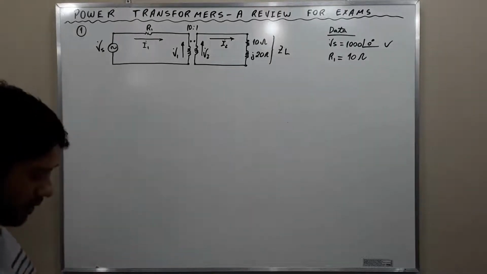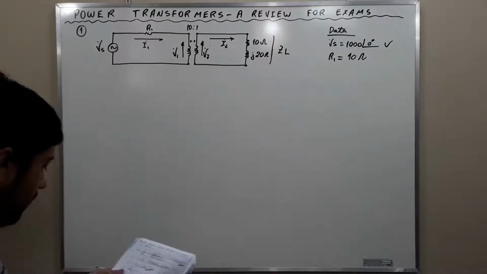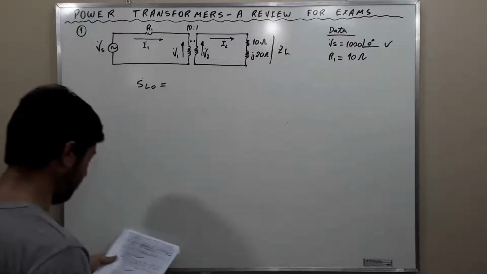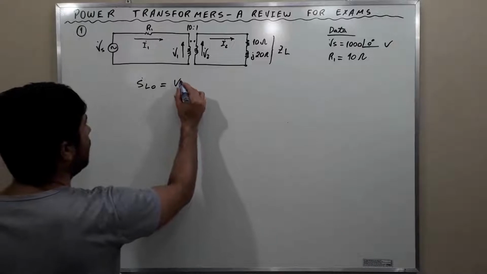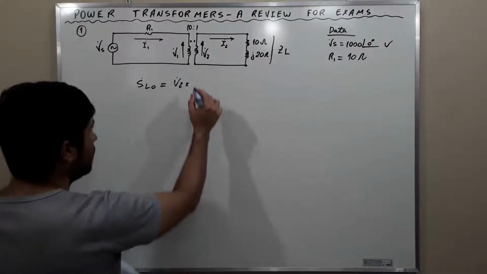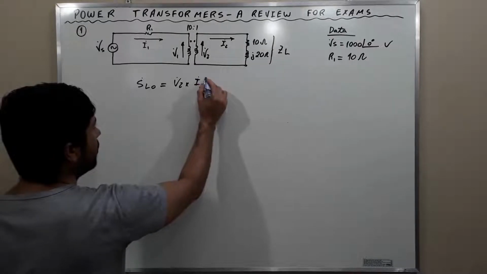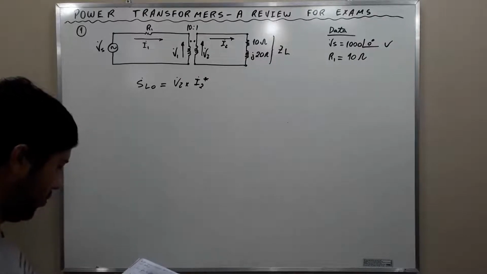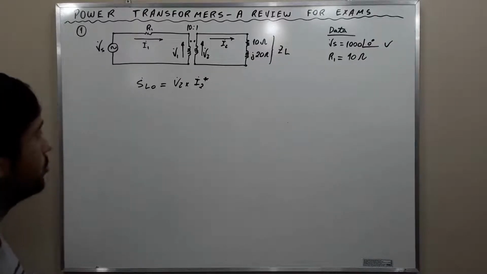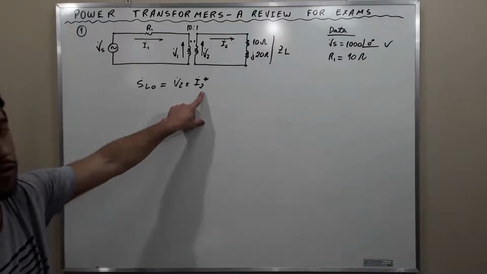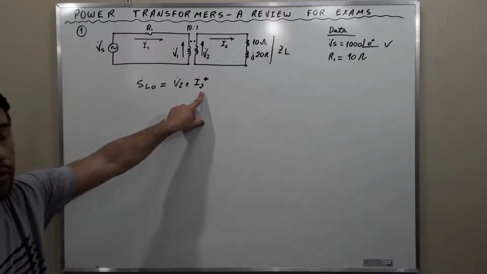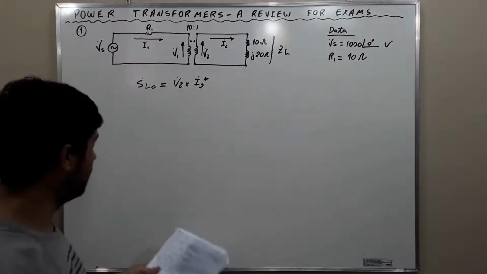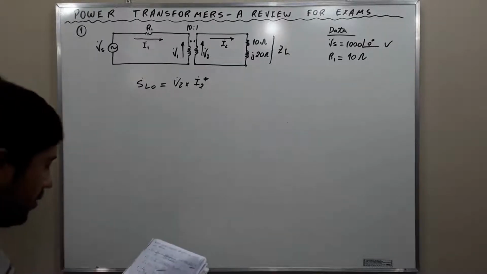With these values, we can calculate the power delivered to the load. Okay, the complex power delivered to the load is the output voltage times the complex conjugate of the output current. And we need to use the values, but observe here that it is not the actual output current, it is the complex conjugate of the output current. Then if we use the values that we just calculated, we're going to find